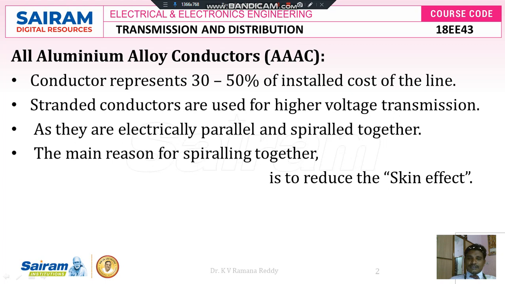But inside the conductor the area is small. If the area is small, the resistance is very high. So due to the presence of high resistance, the center part of the conductor carries a low amount of the current which flows from one end to the other. So this is called skin effect. In order to overcome this skin effect, we twist or spiral that group of strands. Then all strands go to the top surface area, medium surface area, inner surface area, and again come to the top. There we can reduce the skin effect.